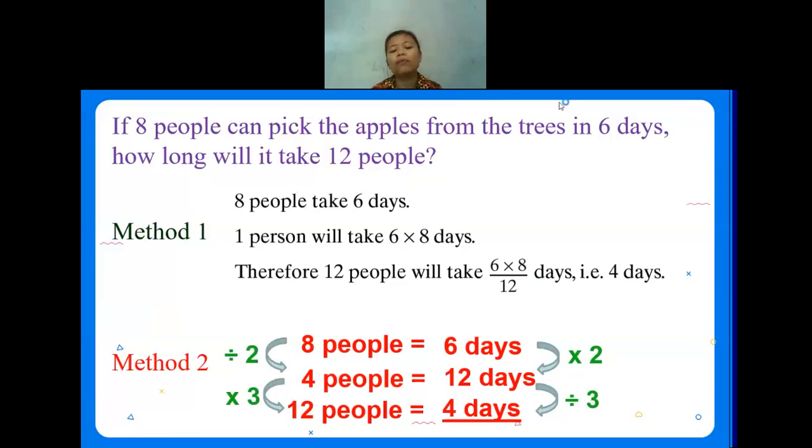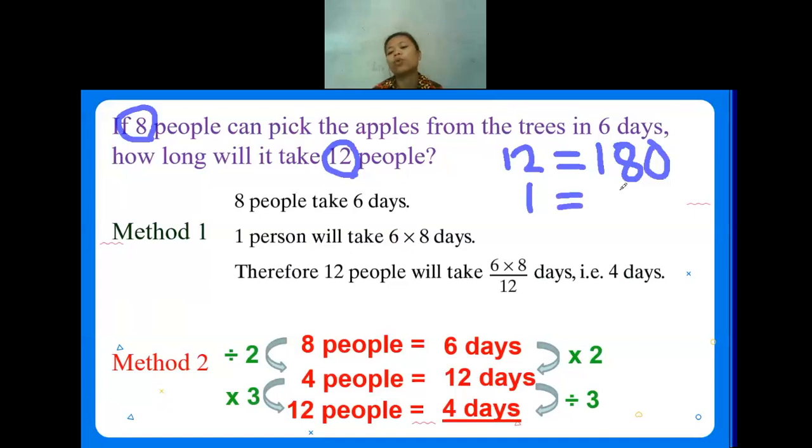Usually we find the number 1, right, in the previous topic, if you have direct proportion. Usually for the 1, it will be equal to how many? Like before we had maybe 12 is equal to 180, at question 13 of exercise 6.3. We have it like this, and usually we find 1 is equal to 180 divided by 12. Why do I have to divide it by 12? Because from 12 into 1, I need to divide it by 12, like that.